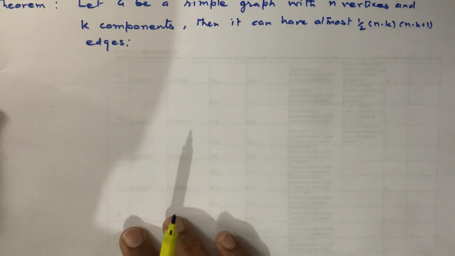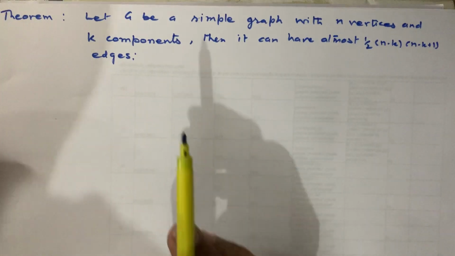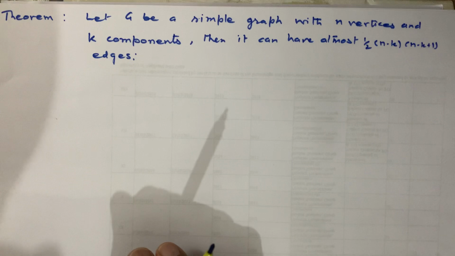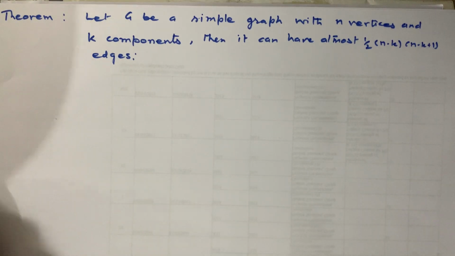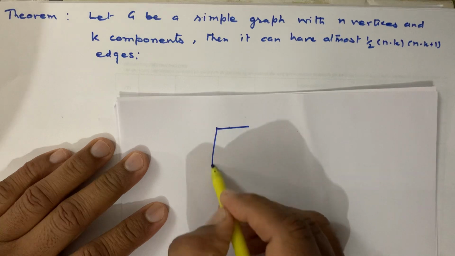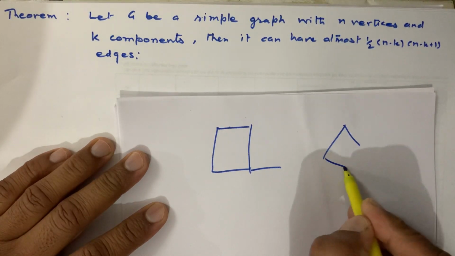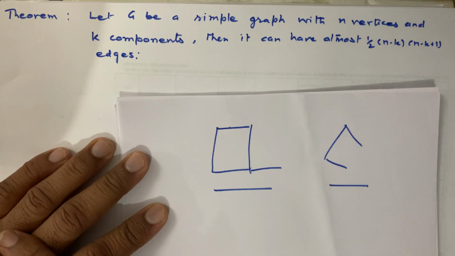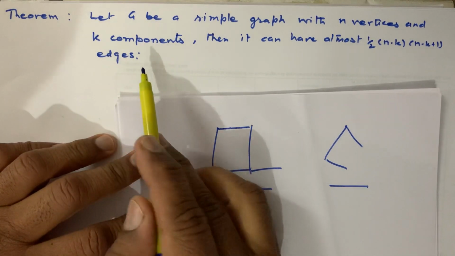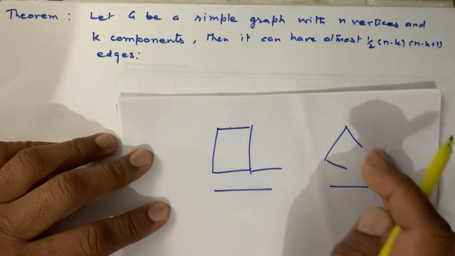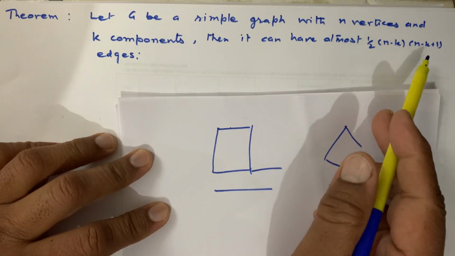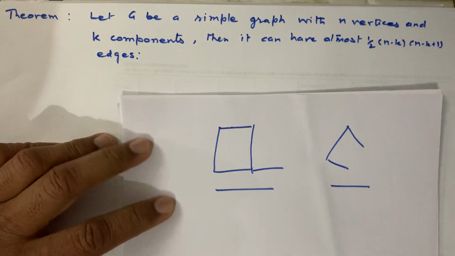Let G be a simple graph, it means there is no parallel edge and no loops, with n vertices and k components. Components means, if G is a graph of such a way, ठीक है, कोई अपने पास इस तरह का ग्राफ है, this is our G, then it has two components, one is this one and one is this one. So in the theorem we are saying there are k components which are connected, then it can have at most half of (n minus k)(n minus k plus 1) edges. चलिए अपन प्रूव करते हैं, बहुत सिंपल सा प्रूफ है।